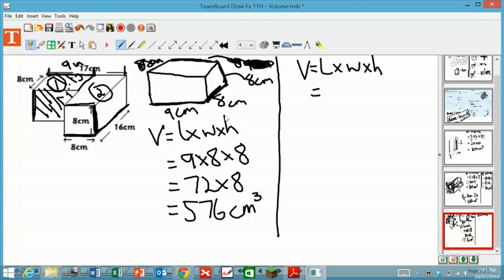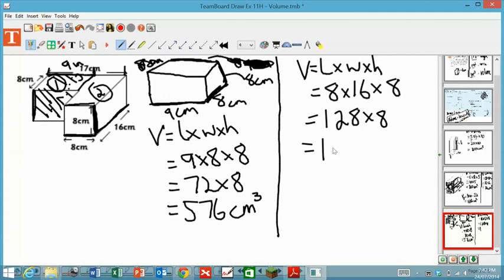Okay, so my length is 8, my width is 16, and my height is also 8. So 8 times 16, again I'm going to use my trusty calculator, 128, multiplied by 8, and that gives us 1024